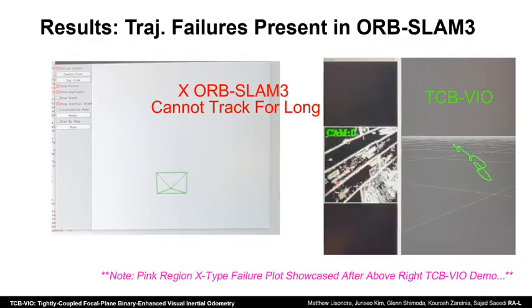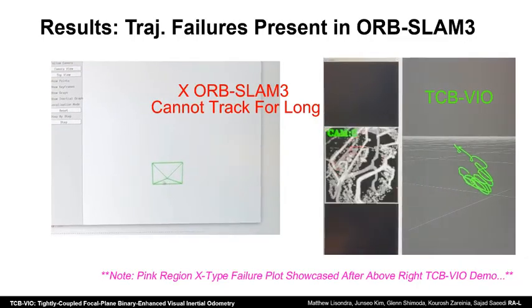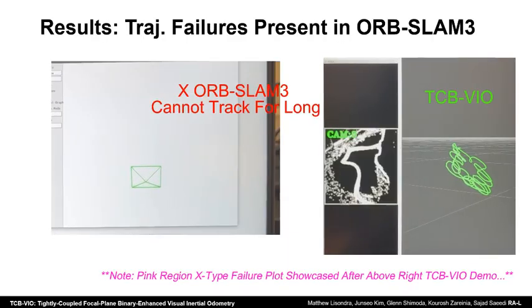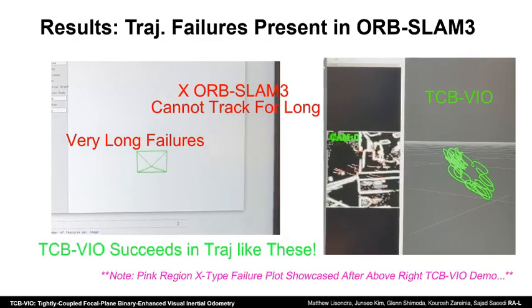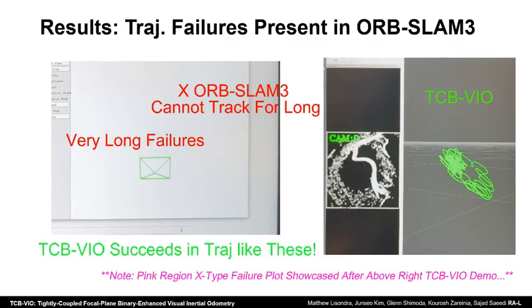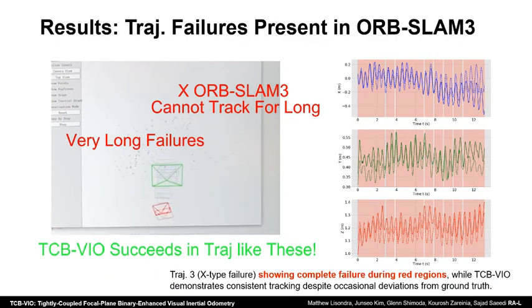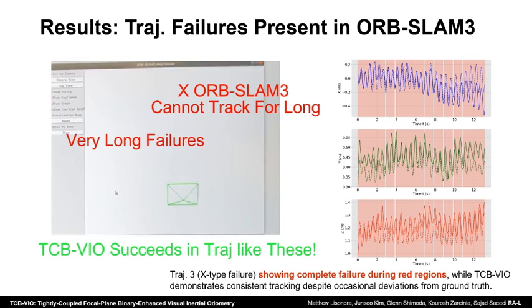Among other trajectory results, we show that there are failures that are present in ORB-SLAM3 at the right, showing pink regions, large pink regions where ORB-SLAM3 cannot track at all. It has very long failures, and you can see that TCB-VIO here in the colored plots still is very robust